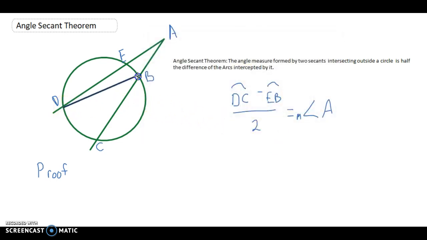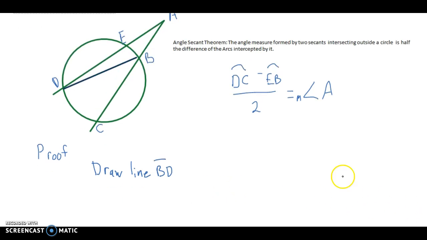So we're going to draw line BD, and now what we're going to do is let arc EB be equal to alpha. Okay, so we're going to label this alpha here,